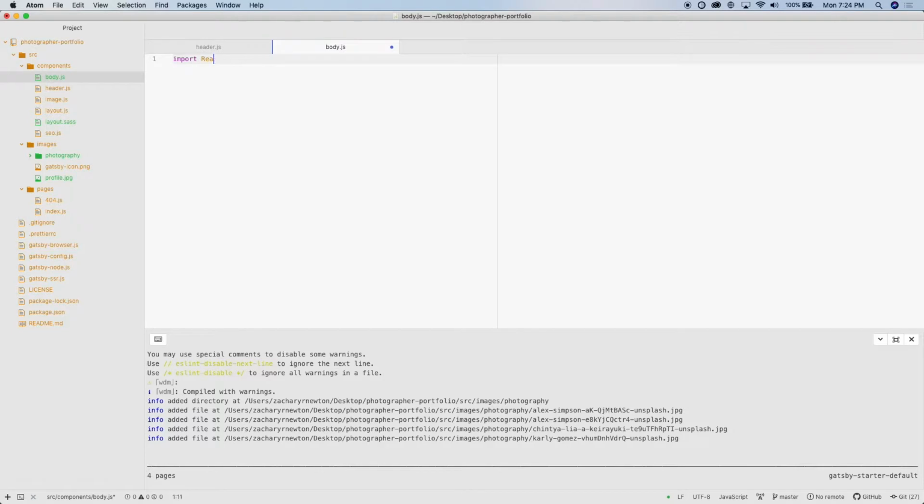And in the body, let's import a few things. So we'll import React from React. We'll import static query because we're going to need this. I believe we need this because this is a component, not necessarily a page. So I'll import that from Gatsby. We're also going to need to import our image from